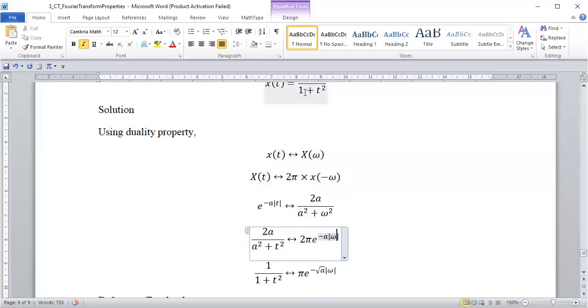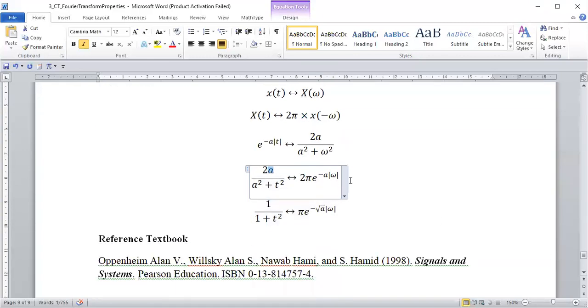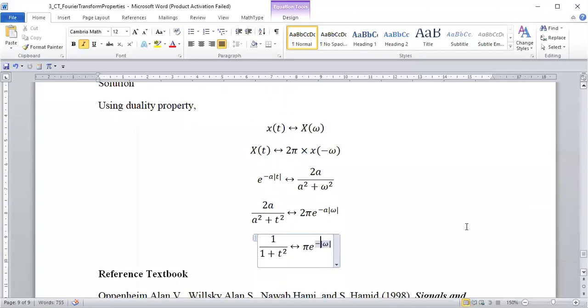Then remember, this is our question. Our question is 1 divided by 1 plus t squared. So dividing both sides by 2, you're going to arrive at this. And in this place, our a is 1. So since our a is 1, that means that the Fourier transform of this signal is given by